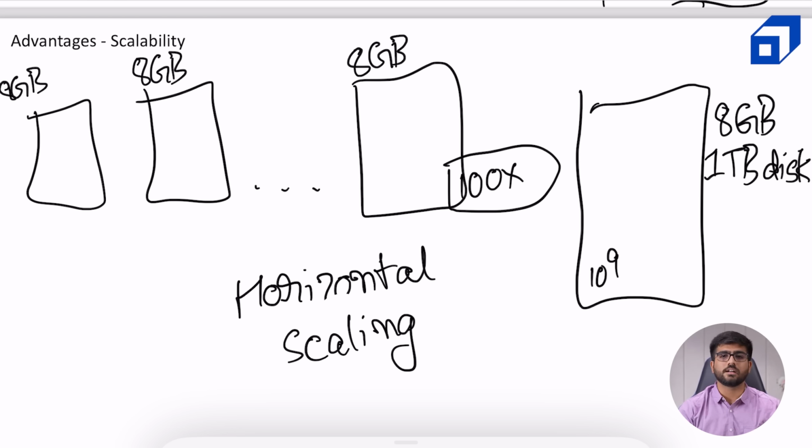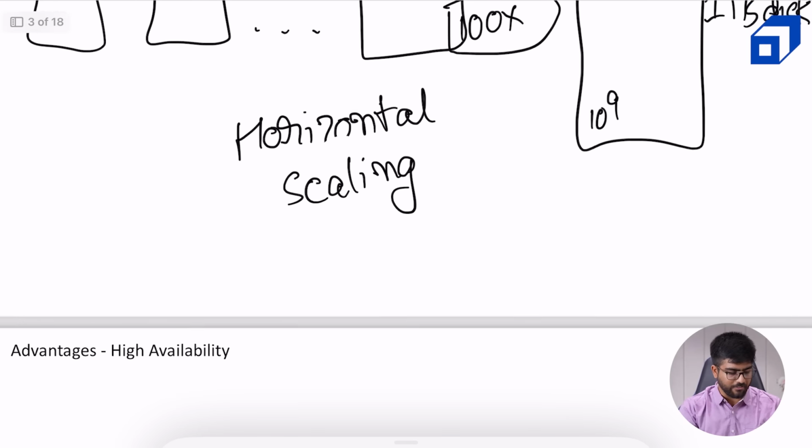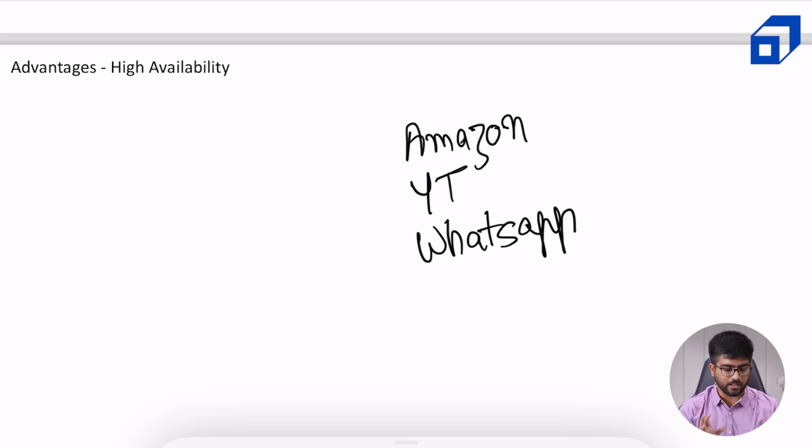Now there are some other advantages to doing sharding. One such advantage is high availability. What do I mean by availability? You must have used services like Amazon, YouTube, and so on. You can't live without all of these services, WhatsApp, Instagram, and all of these apps. What is one thing which is common in all of these applications? They have super high availability. I don't remember a time when YouTube was down for a few hours or maybe a day. I have not heard it at all. All of these applications are proud of their availability,